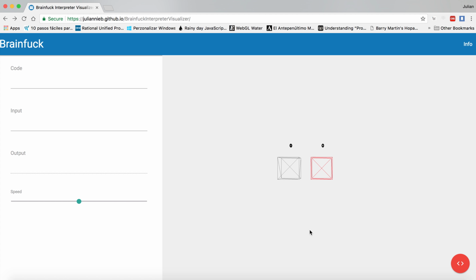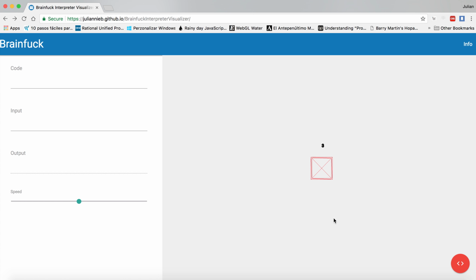Okay, if I press the increment value command, I'm going to increment the value of this cell as I want, or go to the increment value again, the pointer, sorry, increment the value, go to the previous pointer, decrement it, etc. So for example, if we want to create a simple multiplication program, we can start this mode, and I'm going to put, for example, 3 right here, then open a loop,